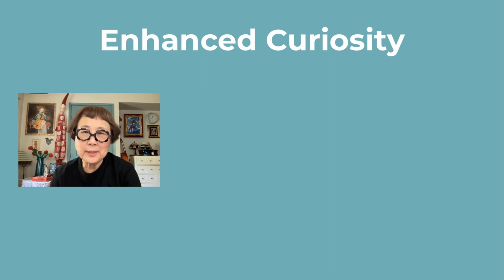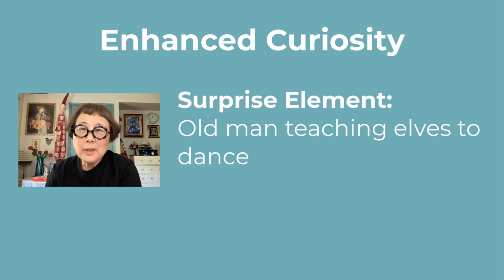The fifth reason is enhanced curiosity. The surprise factor, like when the old man unconsciously offers to teach the elves to dance, adds a layer of